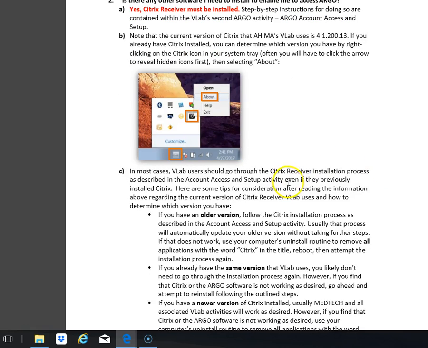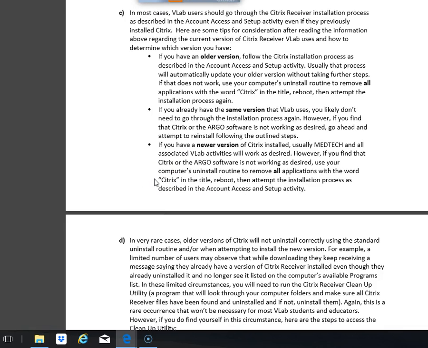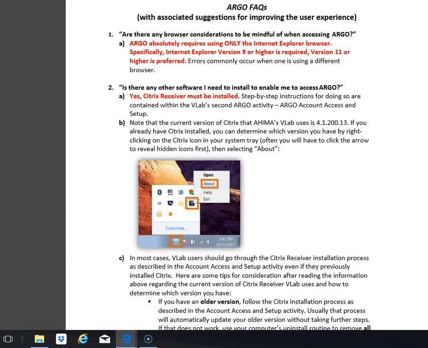So again, I would make sure that the students read through the Citrix. We don't use MedTech in this class specifically, but MedTech is in the VLAB, and when that's used in another class, the same Citrix that we use for ARGO, we will also have to use for MedTech. So it's not like if they can't get it for this class, that'll be okay, because it won't. They're going to have to use it in future VLAB applications and future courses as well. So once they get the Citrix down,